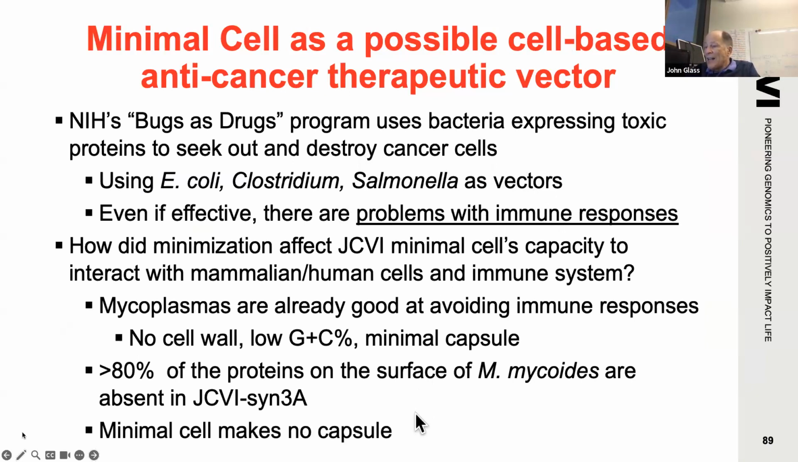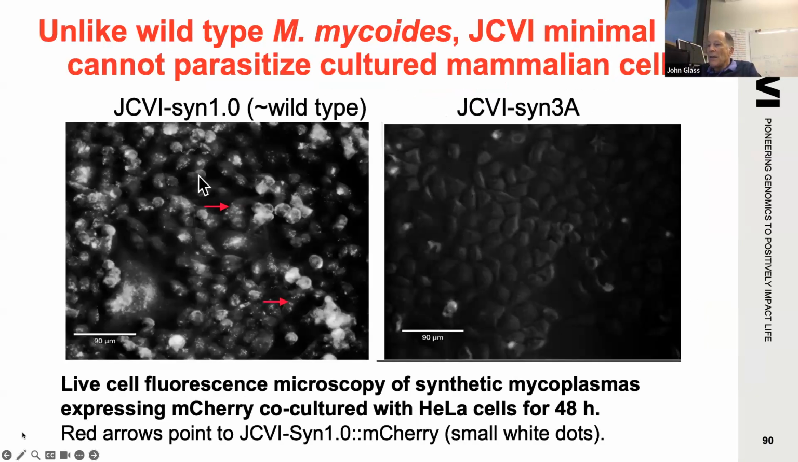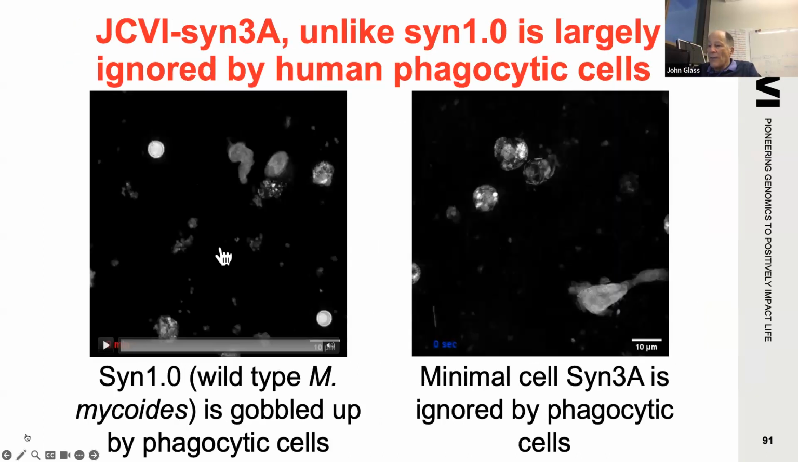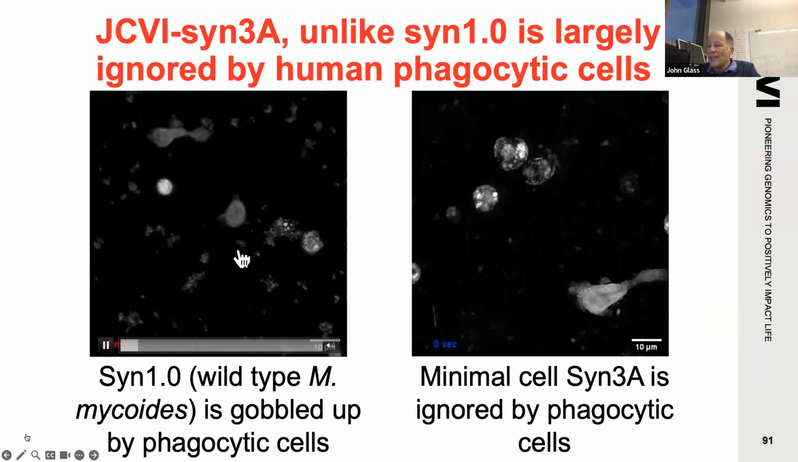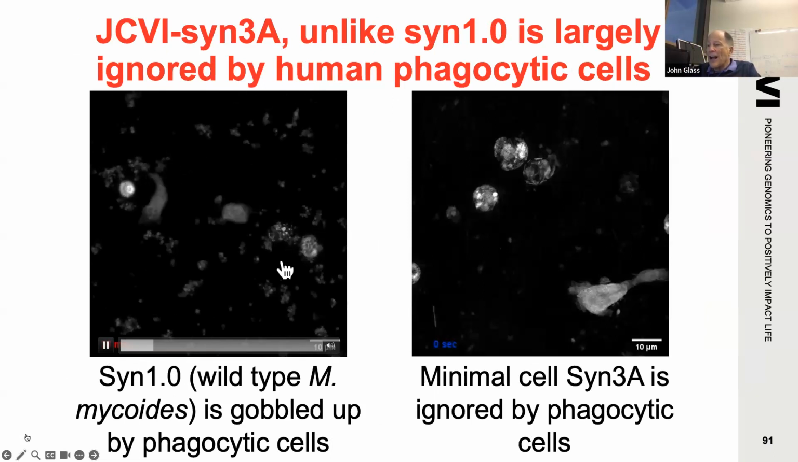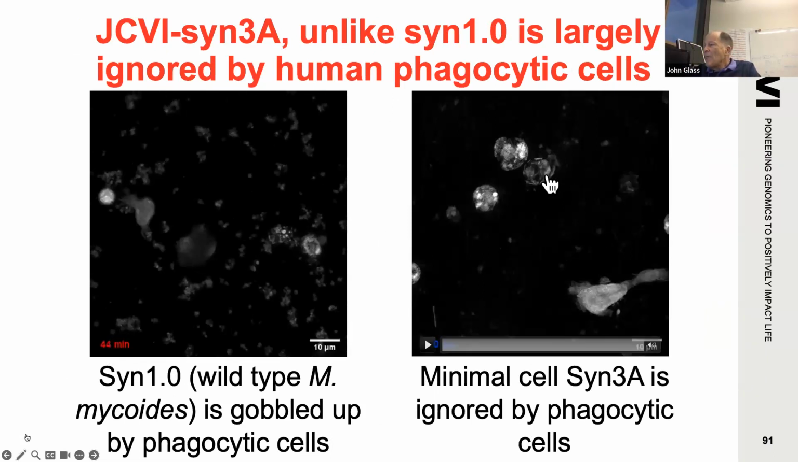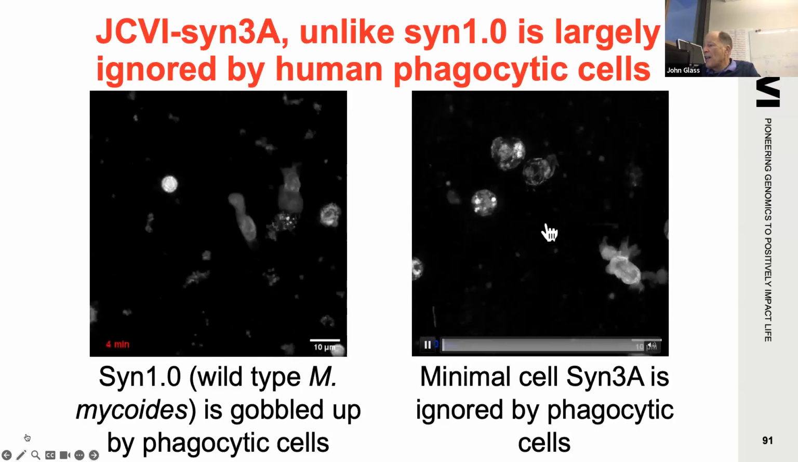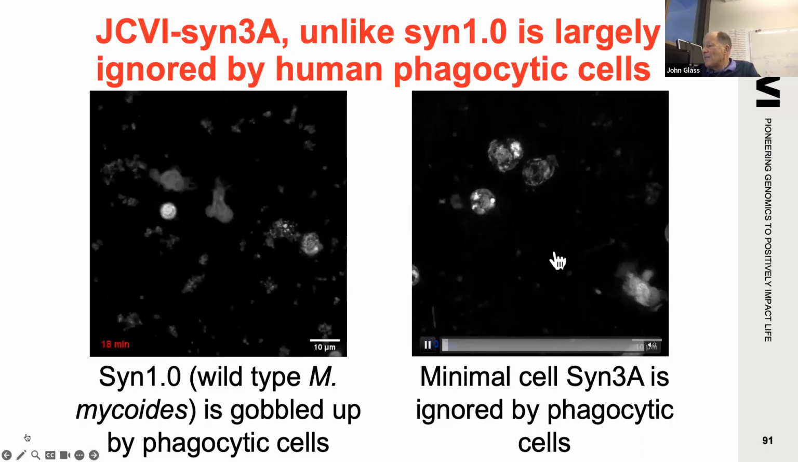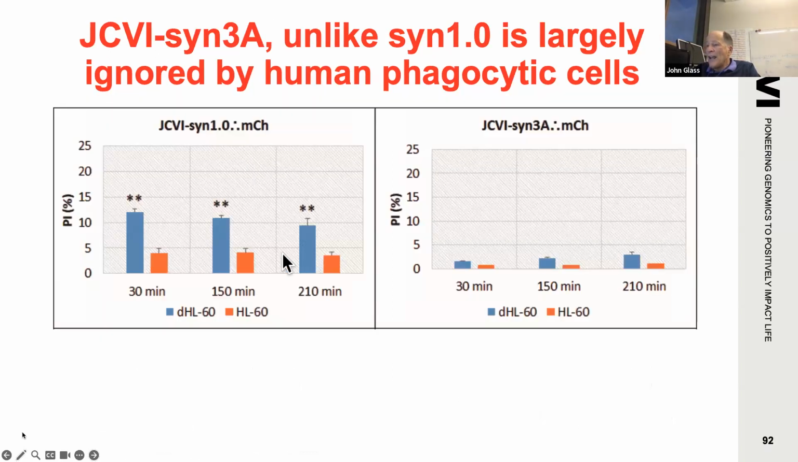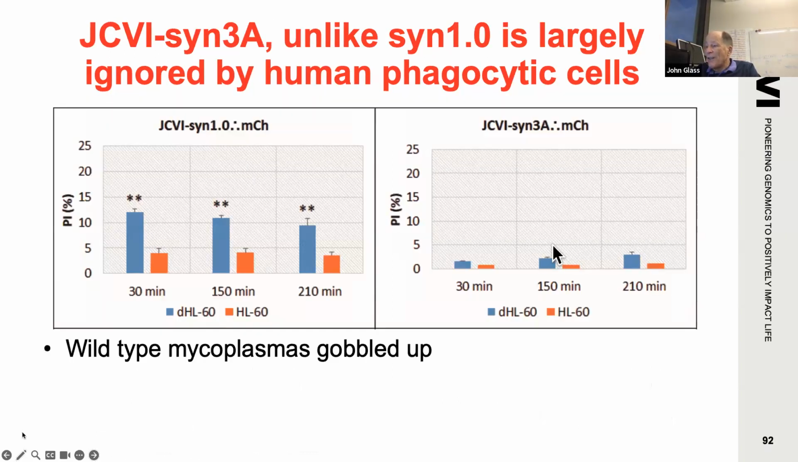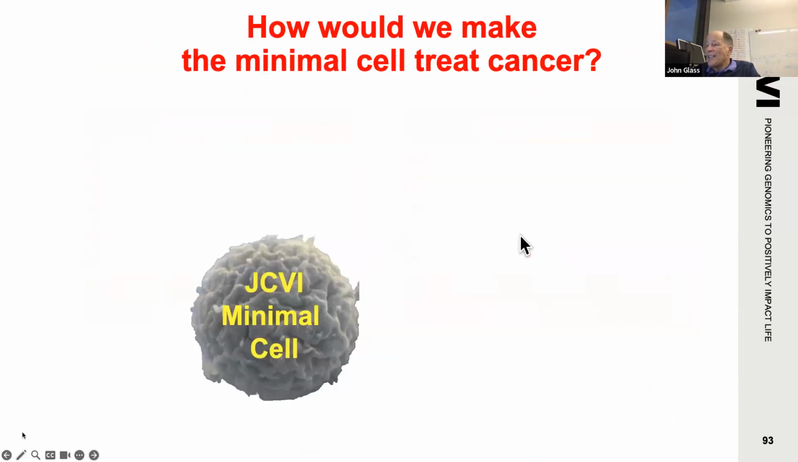But the idea is, and here you can see the wild type cell exposed to human phagocytes that are readily just gobbling up these little dots. But here, the minimal cell, the human phagocytes don't see them at all. So what we hope one day, and this is the statistics on this, but the idea behind this is that,